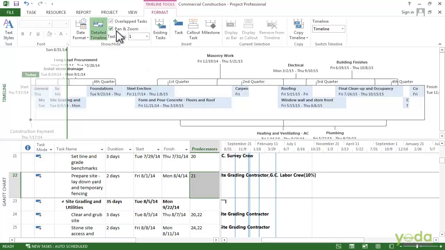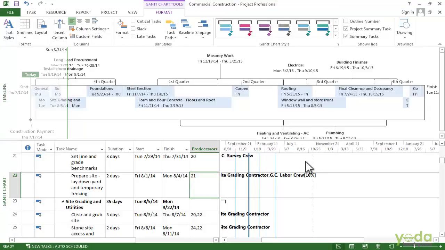There is one other way that you can change the date range very easily. I'm going to make sure that the Gantt chart view is active. Click it to make it active, and you can see it is because I have got the Gantt chart tools up here. Now I go down to the lower right corner of the window, and you can see there's this zoom slider.